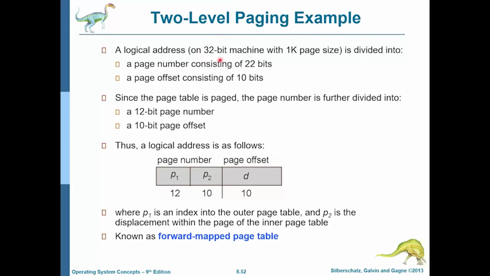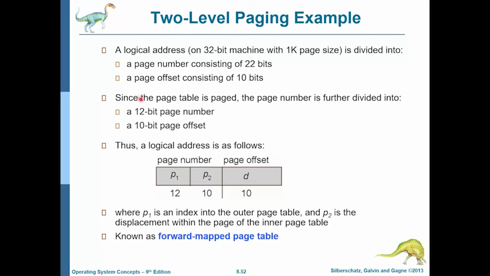So our machine is a 32-bit machine, that is the logical address space is 32 bits wide, and the page size is 1K, that is 1024 bytes. If the page size is 1K, you obviously need 10 bits for the offset. So 32 minus 10 is 22, and that is what you need to signify the page number. In the initial scheme that we saw, we would have all the 22 bits indexed into one page table. But now with 2-level paging, we can take those 22 bits and divide them into an outer page table that would take up 12 bits, and then an inner page table that would take the 10 bits.